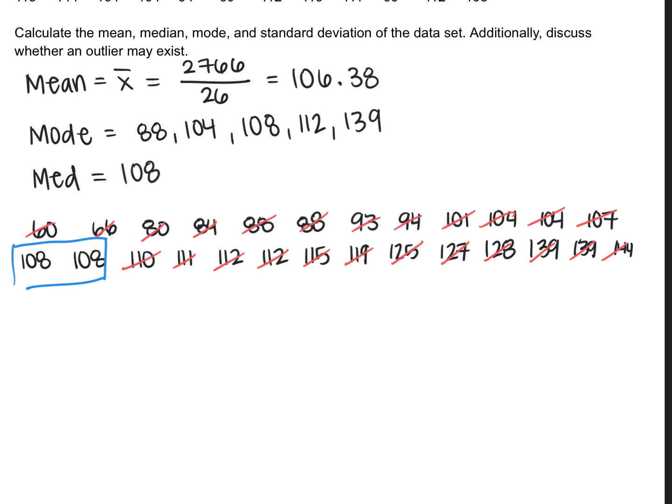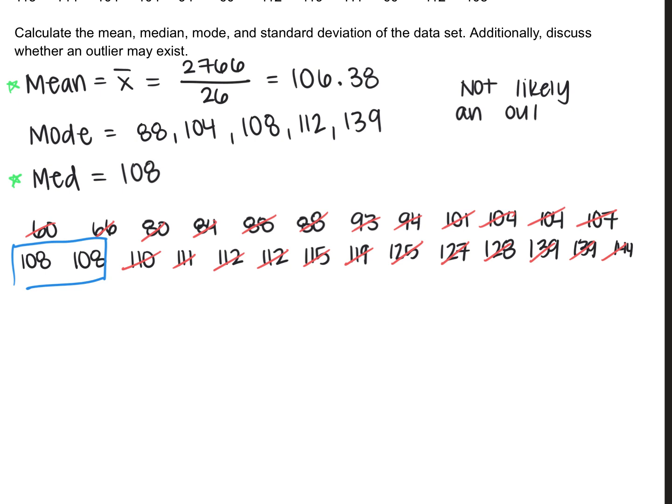Before I talk about how to calculate standard deviation, I am going to discuss outliers. The 2 things that we look at in order to determine if there are outliers are the mean and the median. If our mean and the median are close to one another, there is less likely to be an outlier. 106.38 and 108 are fairly close to one another, so I would say there is not likely to be an outlier